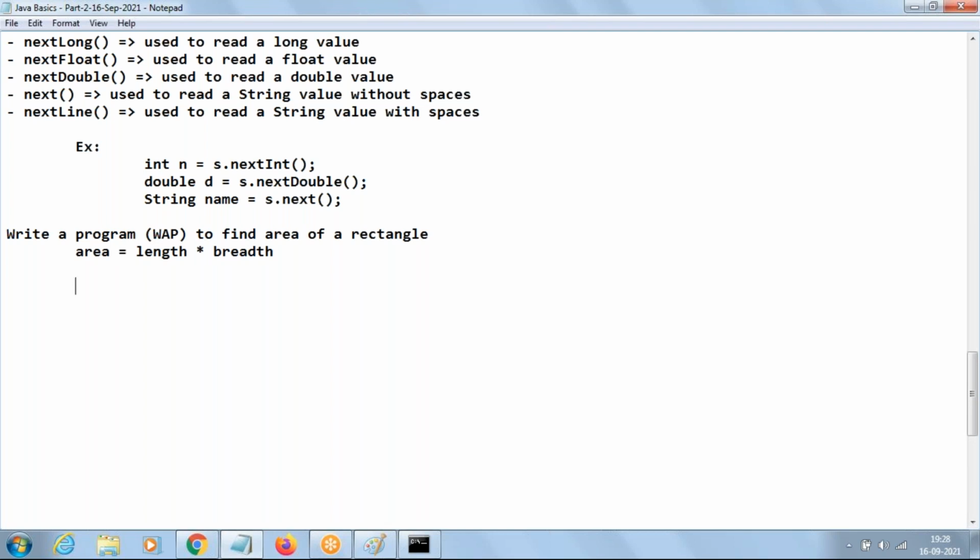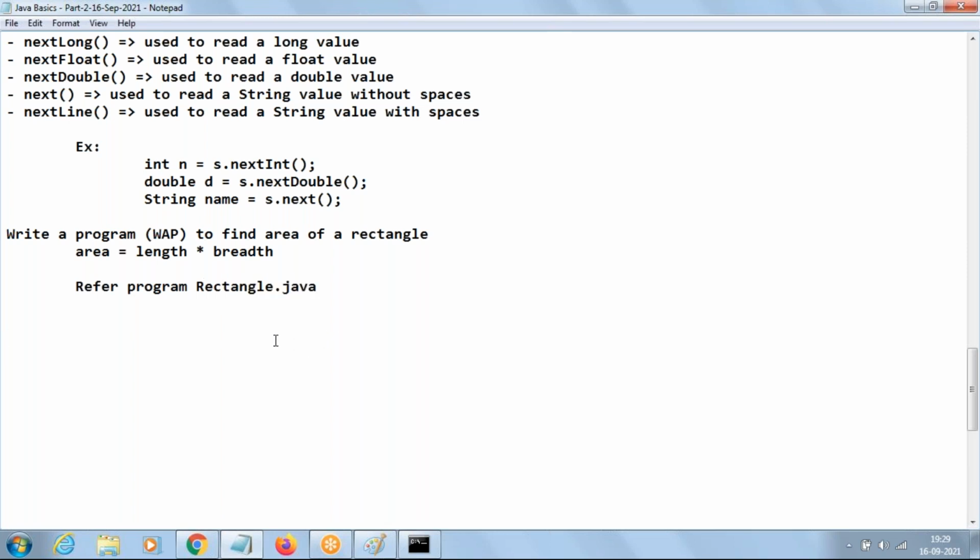Now, when the task is given, our first thing is we should check what input is required to complete the task. Then we have to process the input. Then display the output to the user. That's the way we should start thinking while writing the programs. Now, let us go with the code. Refer program, I'll say Rectangle.java. Whenever I say refer program Rectangle.java, I'll be attaching this file along with the documents.